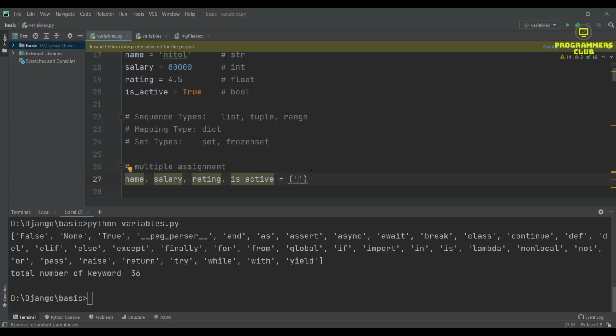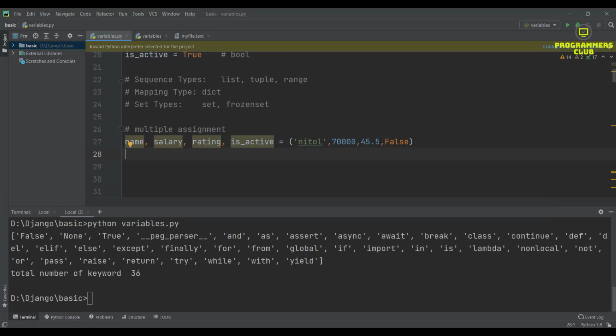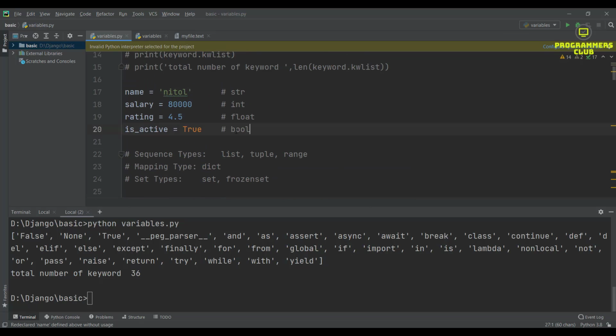So let's say the name is Nitol, and this is 17,000, and also 4.5, and this one is say False. Okay, it's a kind of shorthand. Now I comment this.